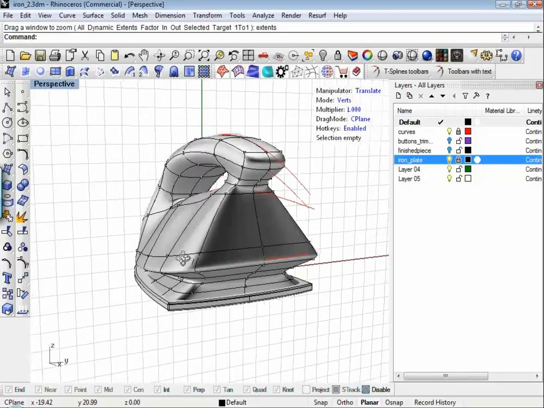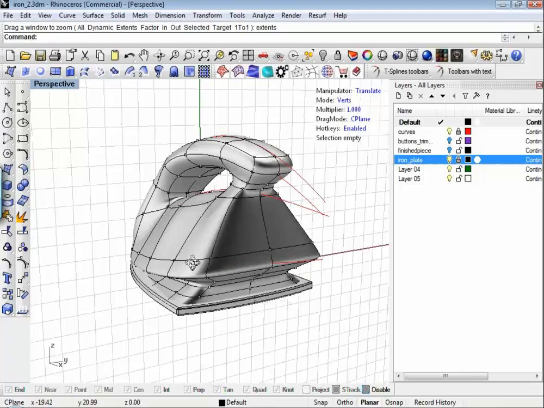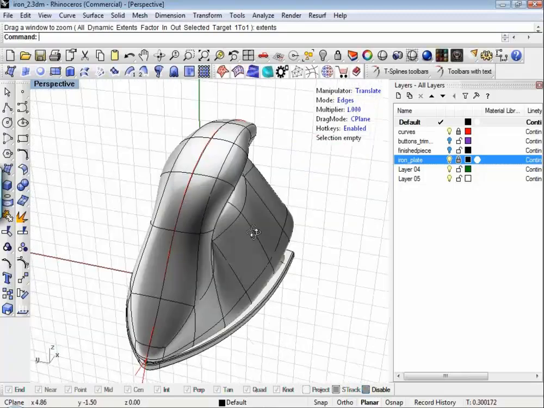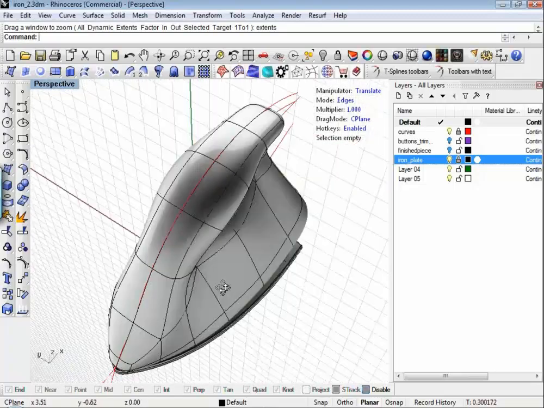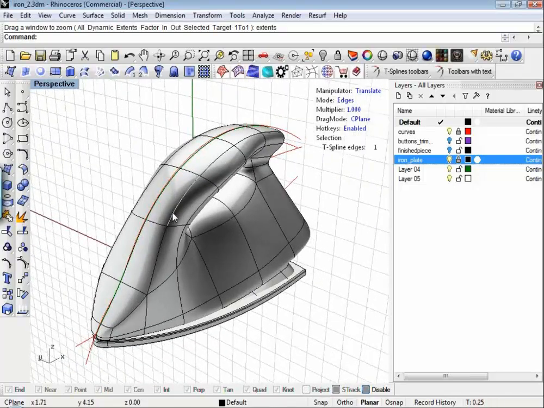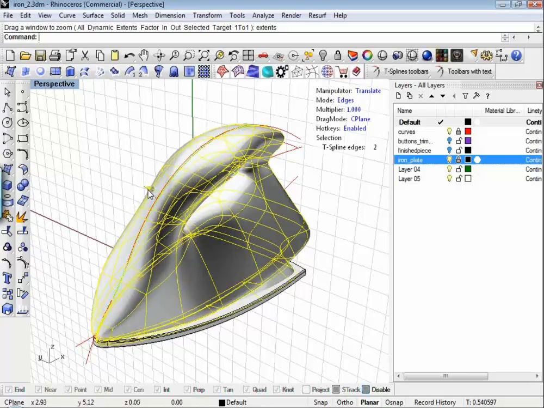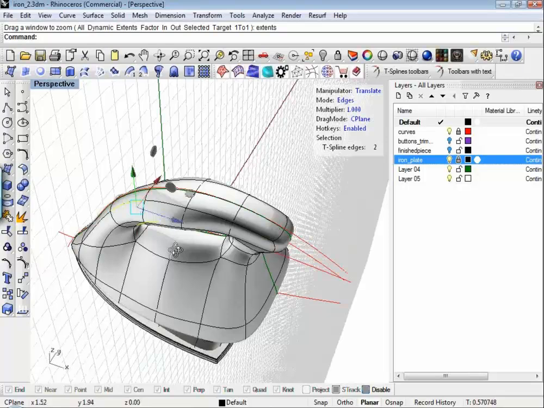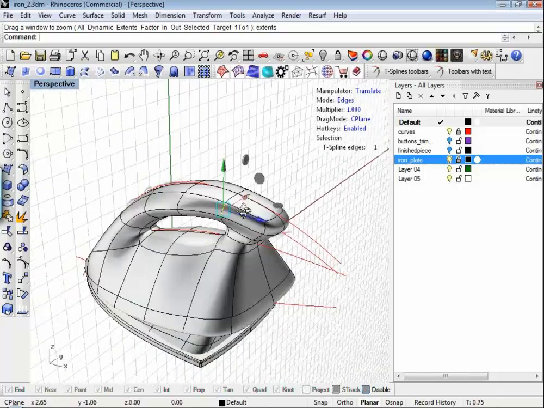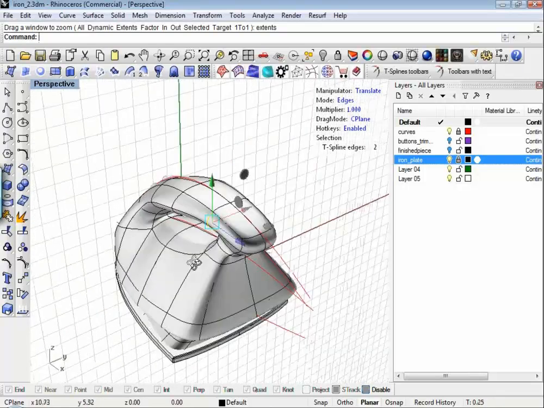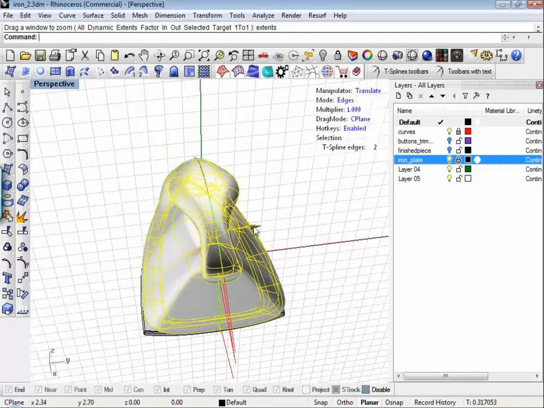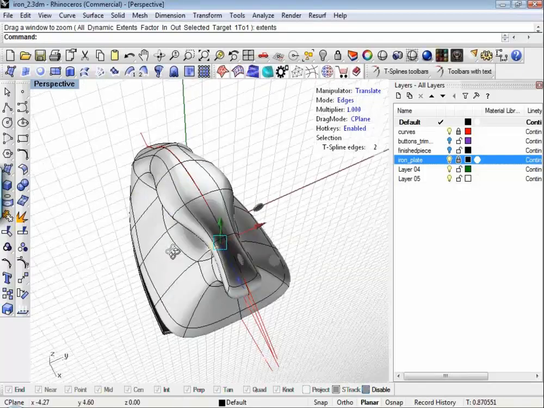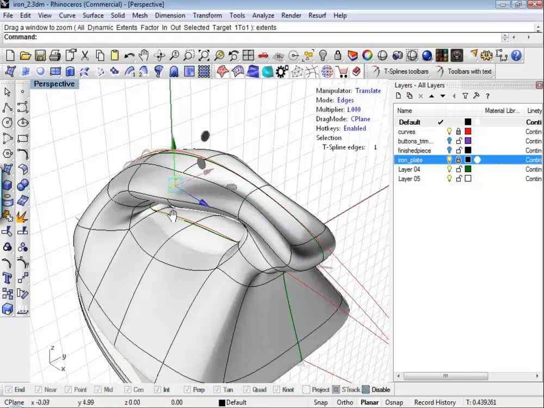Great, fantastic geometry. The other thing that you can do at this point is start evaluating your model in the round. And in this case, the handle is really still massive here. So I'm going to start pulling this in. Since I have symmetry applied, the model is going to update, say it with me, symmetrically. And it allows you to design something